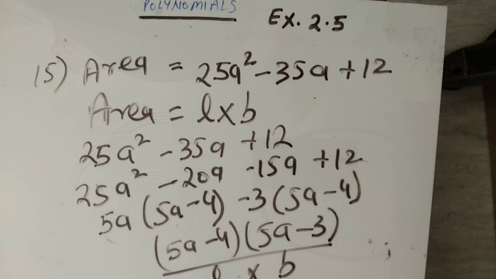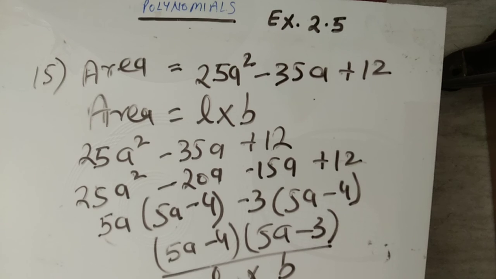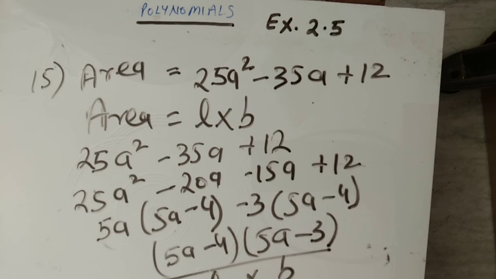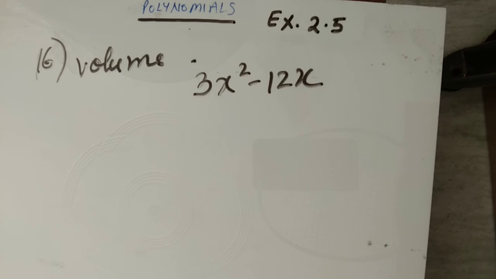So this is the possible dimension for length and breadth. You can use them interchangeably. It can be L, it can be B. It can be L and it can be B. Okay. Now question number 16 is there. It is also the same, but in that case we have to find the volume. Okay. Volume is given to you, means you will find its factors, and 3 factors are for all these 3. So we'll discuss.